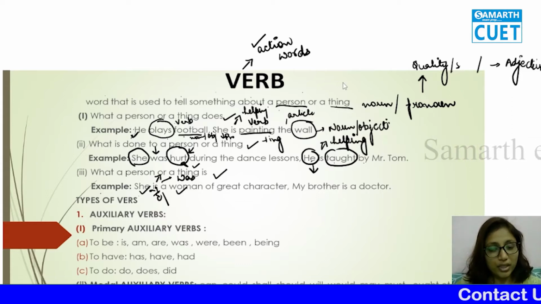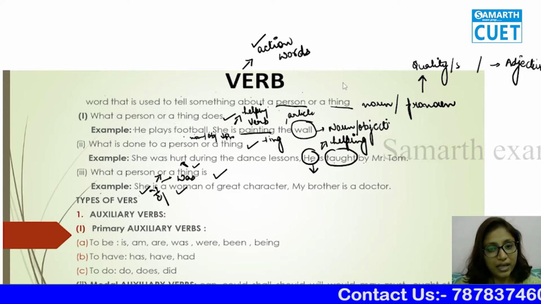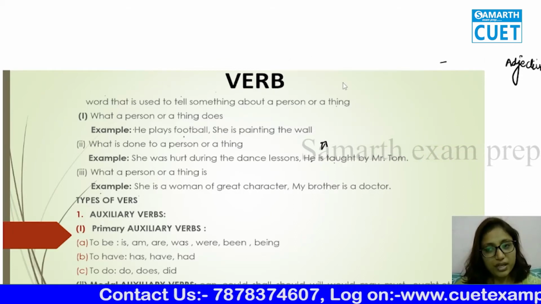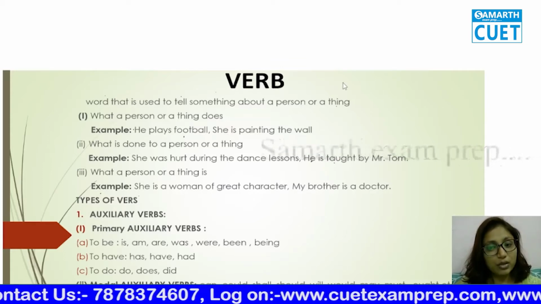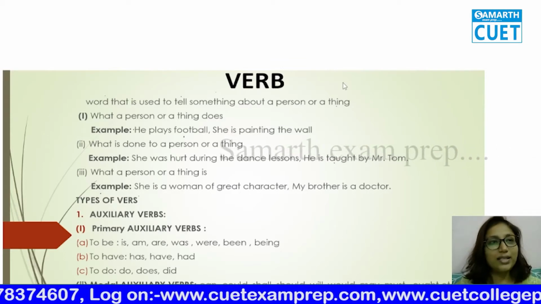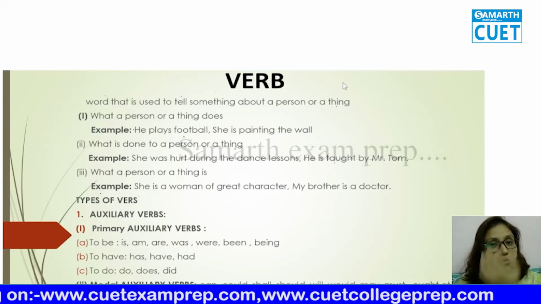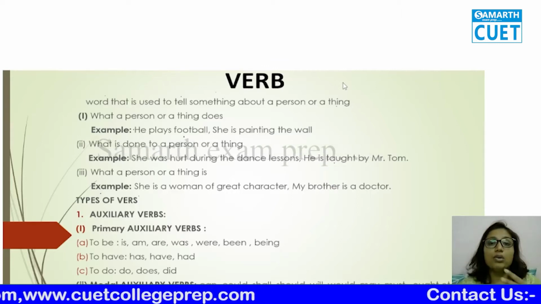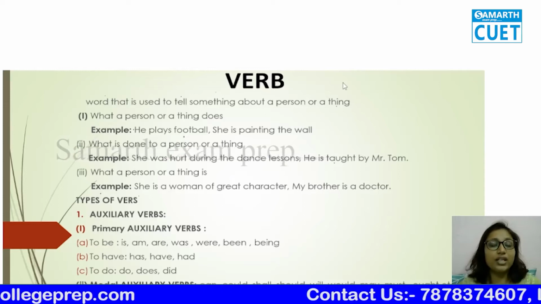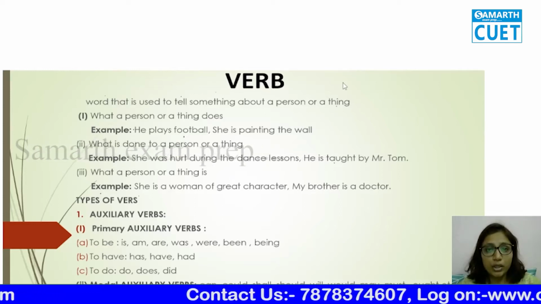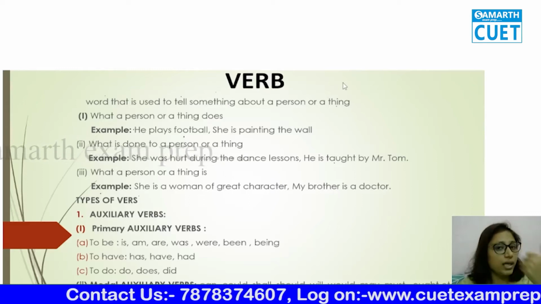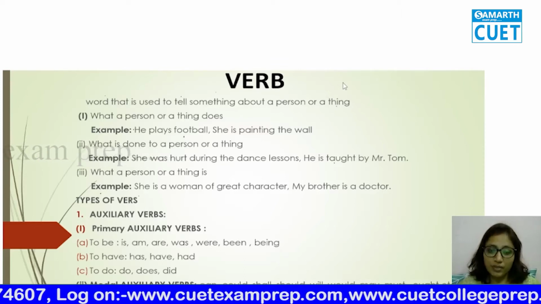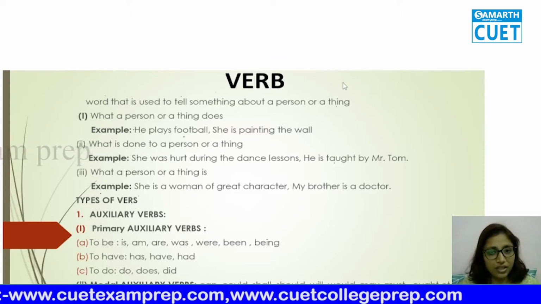Okay. So if you can understand, verb is different from adjective. They both tell about a person or a thing, but adjective tells about the quality, the quantity, size. They describe the noun and pronoun. They give the characteristics. But verb क्या करते हैं? Verb tells you about the action, what exactly they are doing, what is being done to them, and what a person or a thing is. Okay, understandable? Now we'll move to types of verbs. So types of verbs, how there are different types of verb.